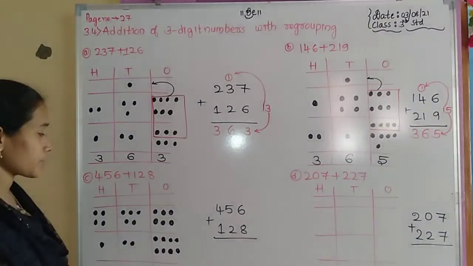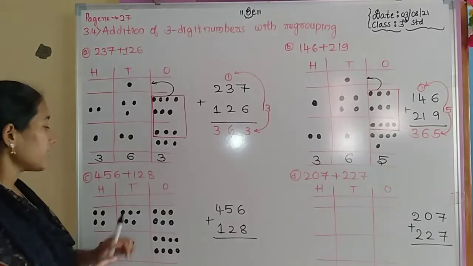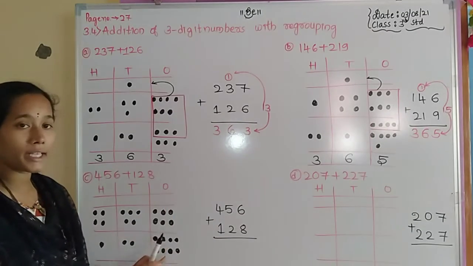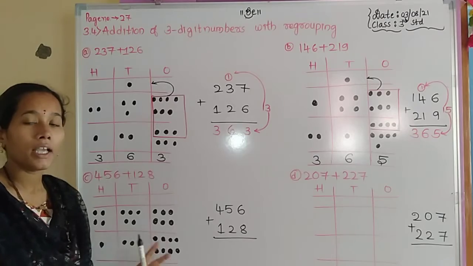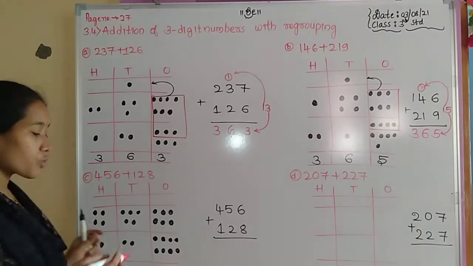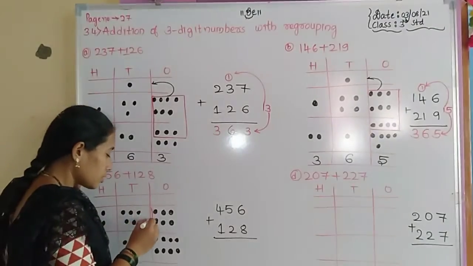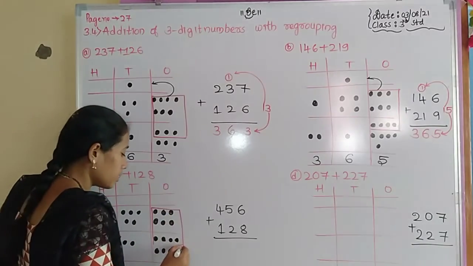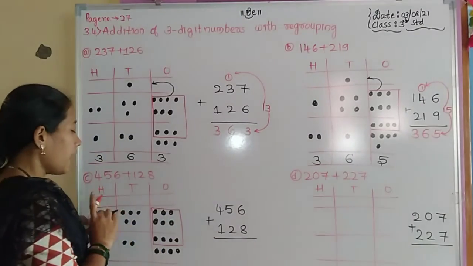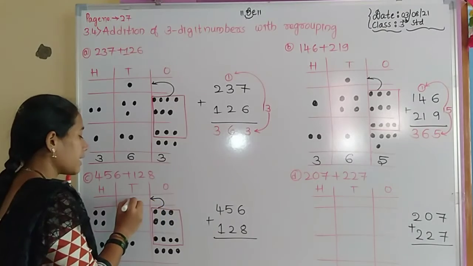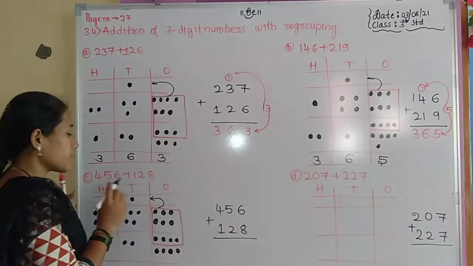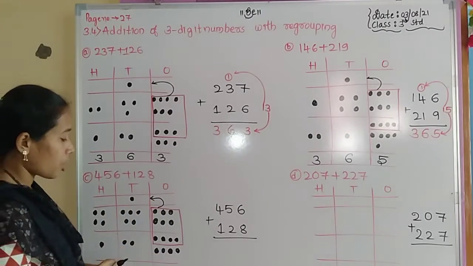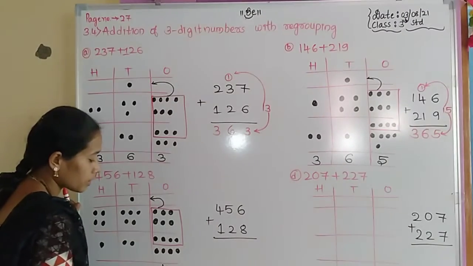Okay, this is the representation of the dots. Then in the ones placement, here more than 10 dots are there. It means it has a 2 digit number. So regroup here with the 10 dots in one group. These are the 10 dots in one group, and move it as a carrying to the tens placement. So the remaining dots are 4. So write 4 in the ones placement.